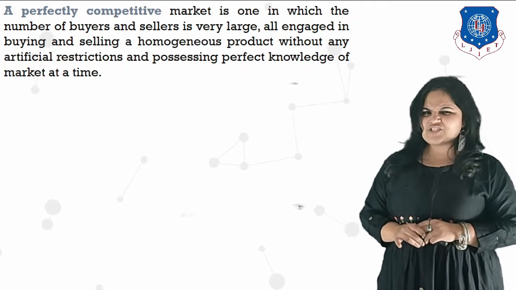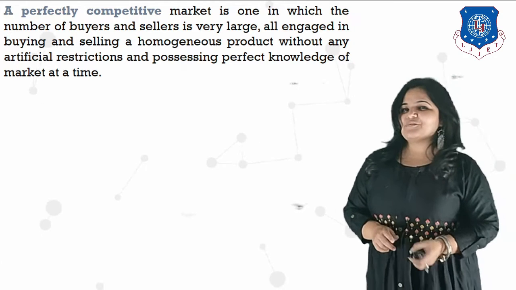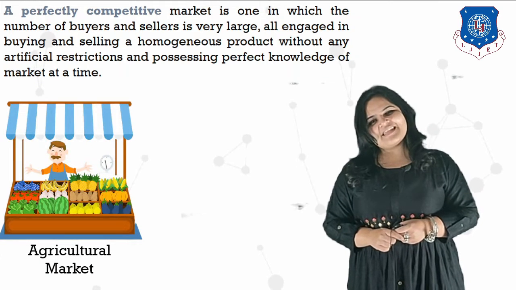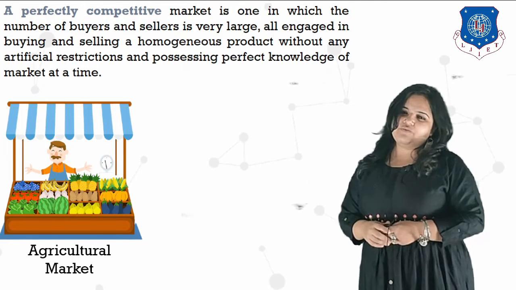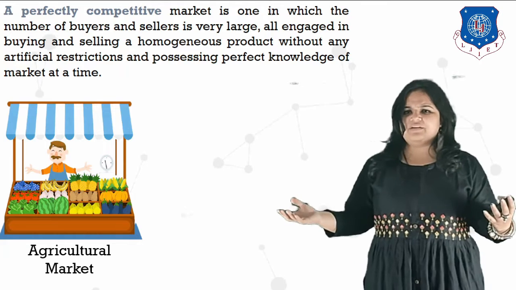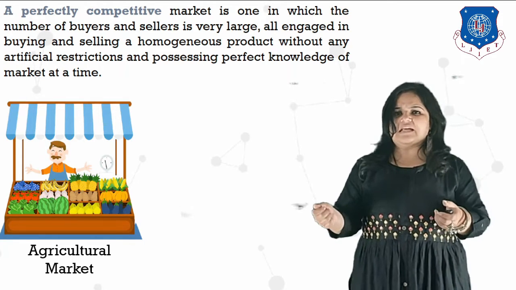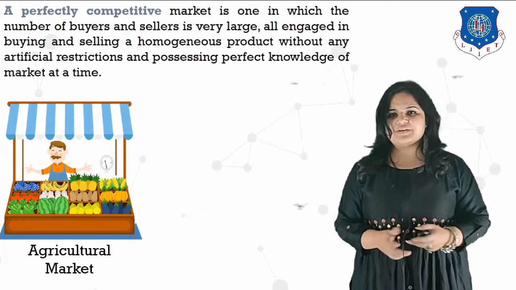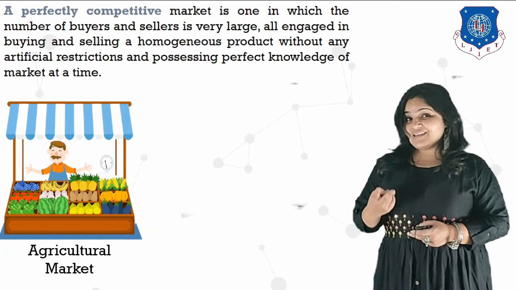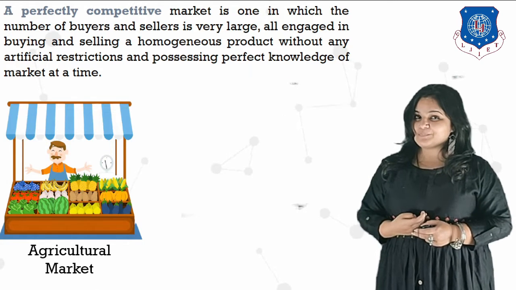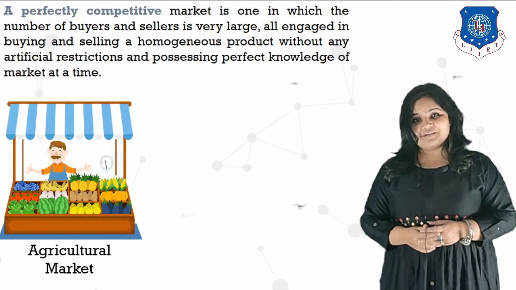Getting any idea of any such type of market? Anyone? I think some of you got it right. Vegetable market is an example of perfect competition. Agricultural market or vegetable market. Here there are many vendors. I myself can collect some goods from an agricultural market and start selling them in my trolley somewhere. There is no restriction on selling these types of products. There is not much investment also. So it is easy for people to open up a vegetable market or an agricultural market.